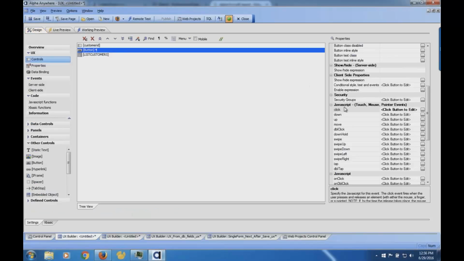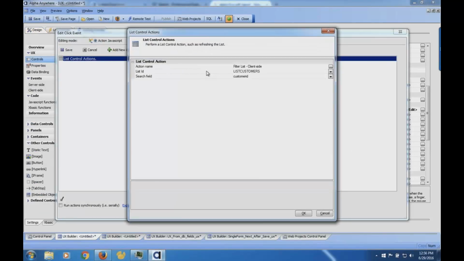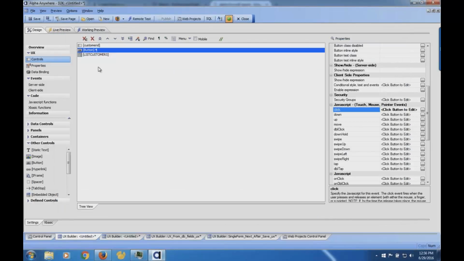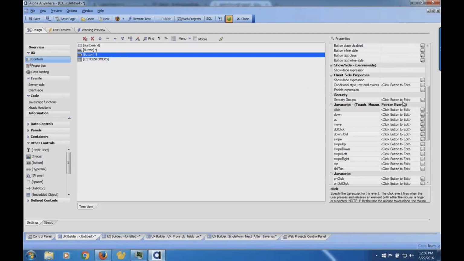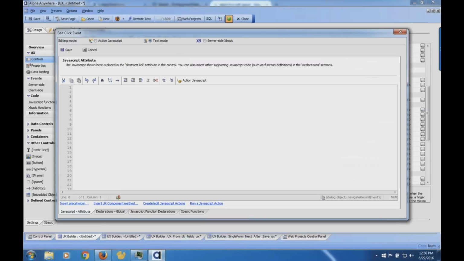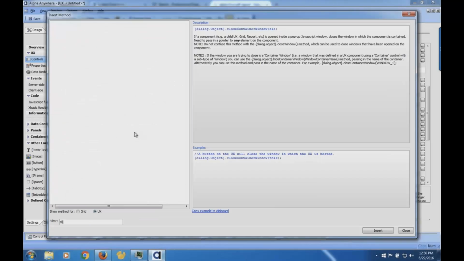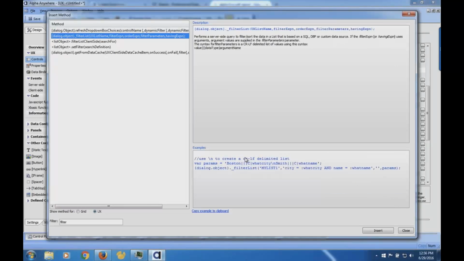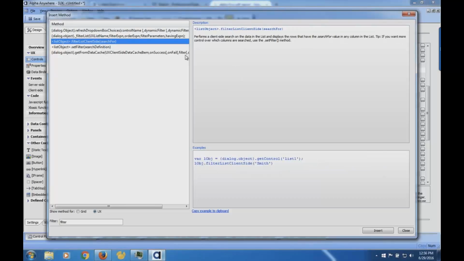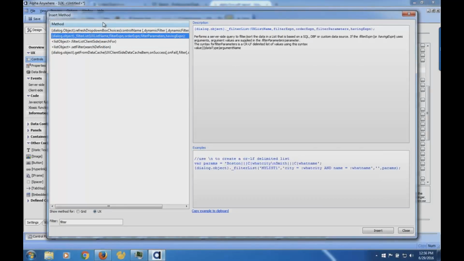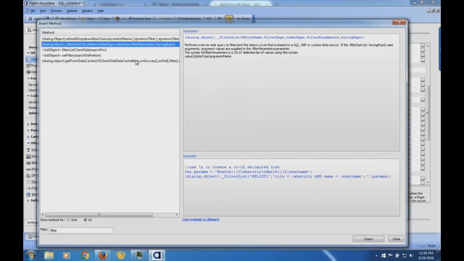Now this is pretty simple. If you notice, it's kind of a wildcard search. It's like just take this and look anywhere in there. If you want to get fancy on this, I could create another button, and I'm just going to point to this, not actually do it here. So I'm going to click on here, go to text mode, go down to component method, and type filter, and then we have a whole capability in here, filter list client side. There are some built-in JavaScript commands which give you a huge amount more capability to do filtering.